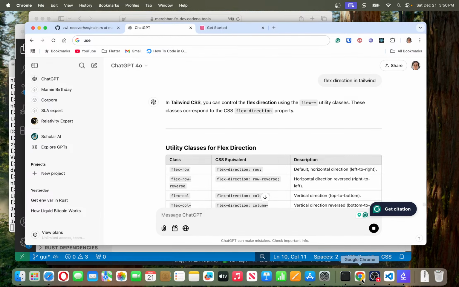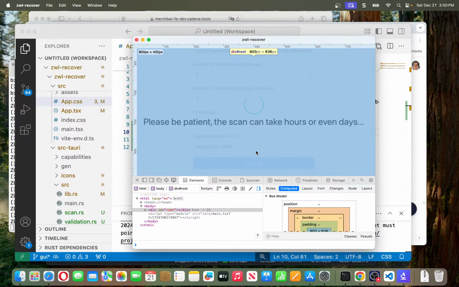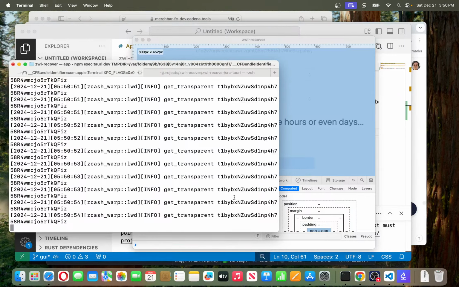Flex column. Alright, please be patient. Scan can take hours or even days. And then